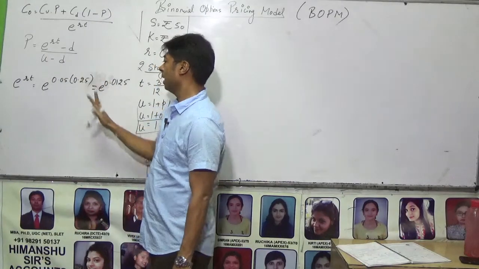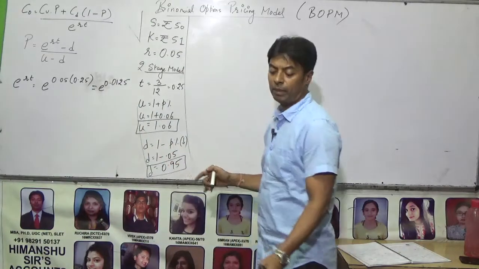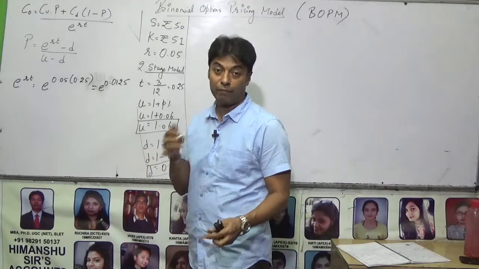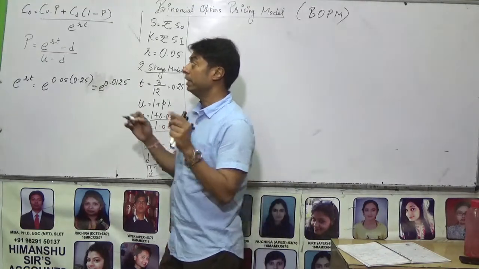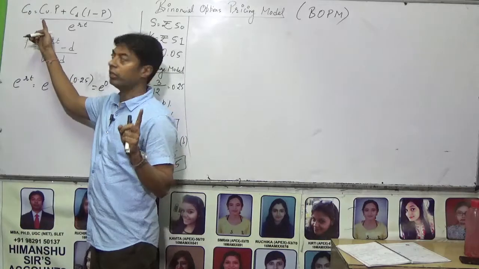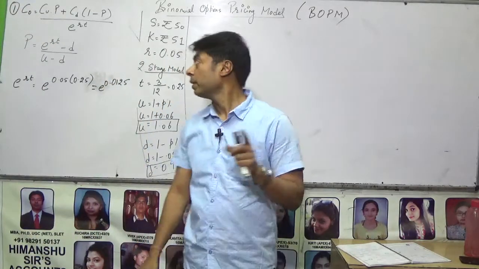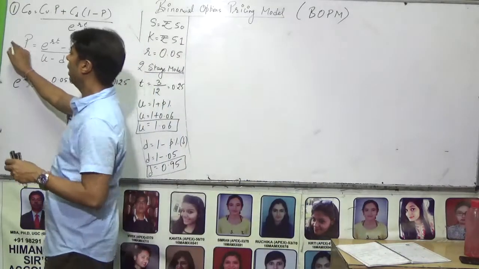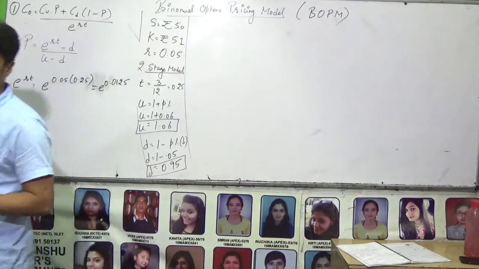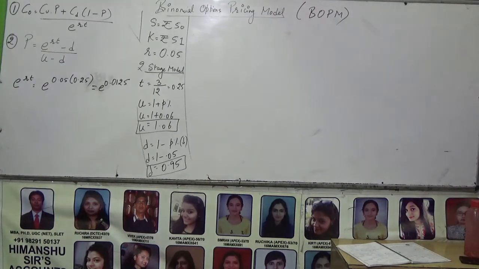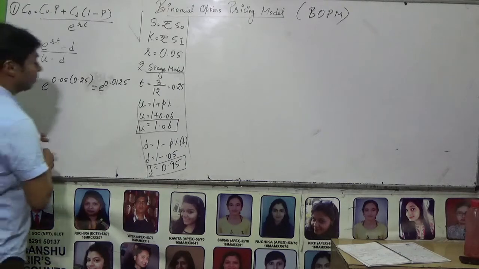So we will be calculating the value of e raised to the power RT also. But before that, we must start building the binomial option pricing model tree. We have to construct the diagram. But these are the formulas that are going to be used in this model. Formula number 1, CO, call option value. Please take down this formula, and then formula number 2, the formula to calculate the value of probability. So please take down these two formulas which are going to be used in this model. How are we going to use them? That I will explain to you.